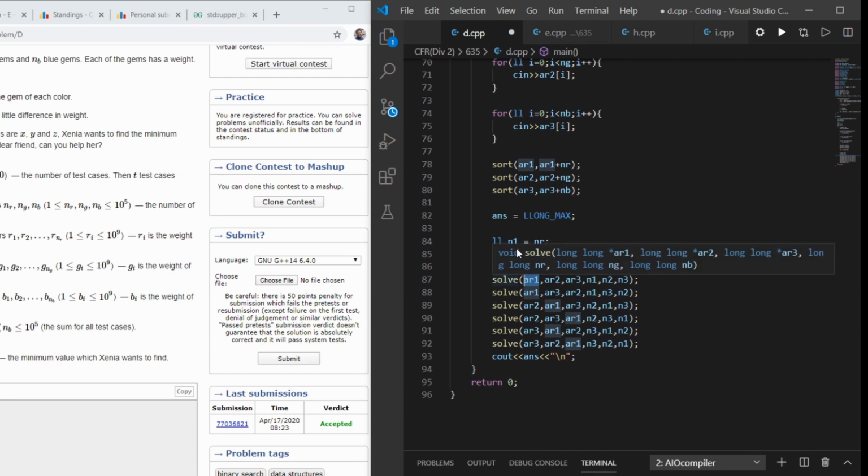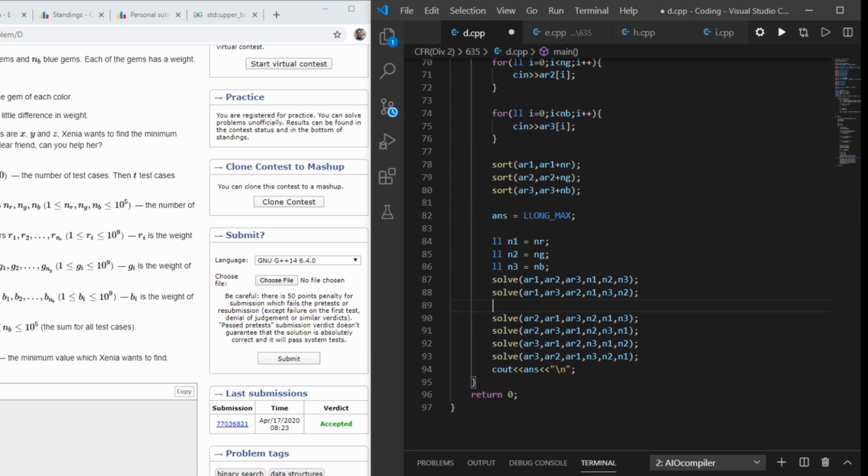of that I will choose an array AR1. Then I will find the value of y and z in AR2 and AR3. And as I said, I will reverse it, meaning I will have to find y in AR3 and then z in AR2, so that I should have the minimum. And I will do the same for the other two arrays, meaning for array 2 and same for array 3, and I will find the answer.